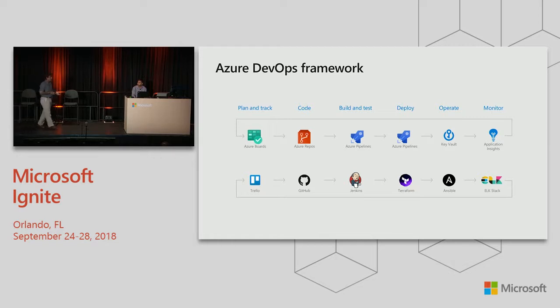The great thing about the Azure DevOps pipeline is, if you've already made investments in some open source technologies but not everything else, we're building our DevOps frameworks to be flexible enough for you to be able to plug in your choices. Like instead of the Azure CI/CD pipeline, you could totally plug in Jenkins. Instead of using Azure DevOps to store your source code and do version control, you can totally use GitHub, right? We are building our pipelines in a way where it becomes very flexible for you to make the decisions that fit your business.